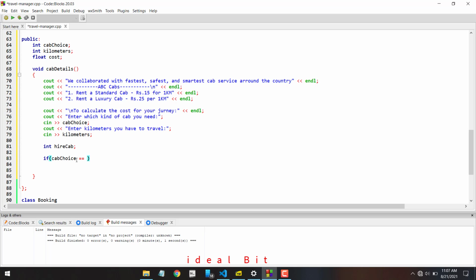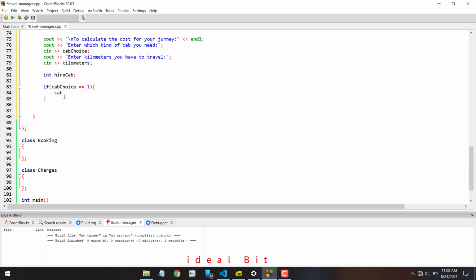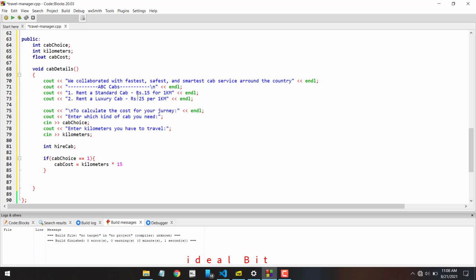If cab choice is assigned to 1, I can calculate the value for this one. I can create a variable called cost. I mean cost, actually this should be cab cost, otherwise I can't identify which cost this is. So cab cost is assigned kilometers multiplied with 15, because the first cab is 15 rupees per kilometer. So this is the calculation,